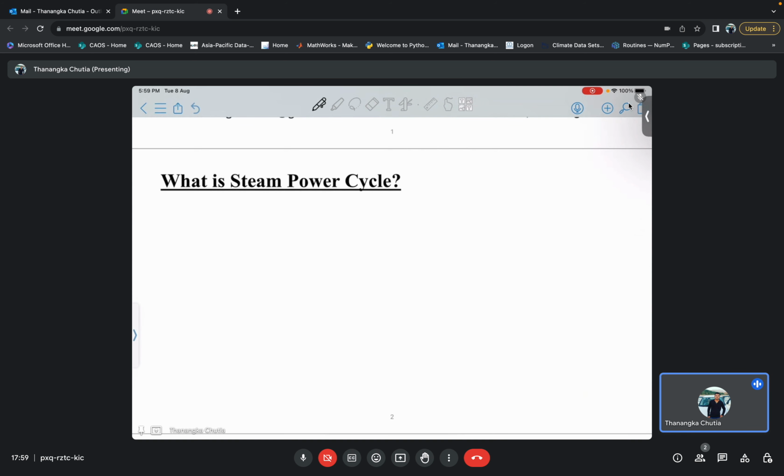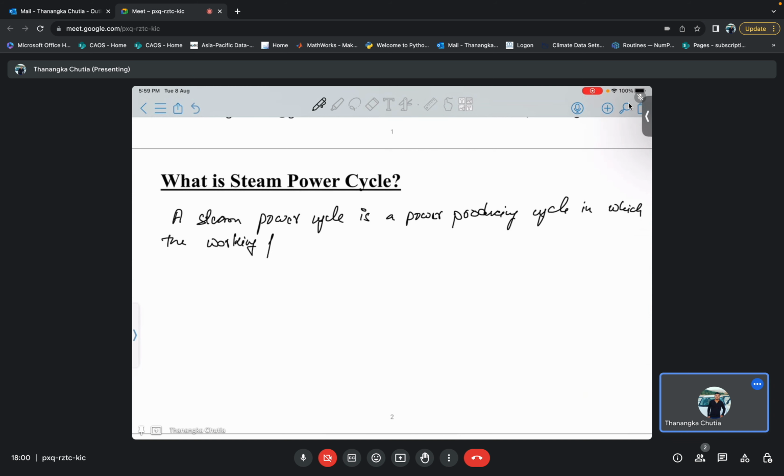So what is a steam power cycle? A steam power cycle is a power producing cycle in which the working fluid is steam. Okay, so in the last class we discussed